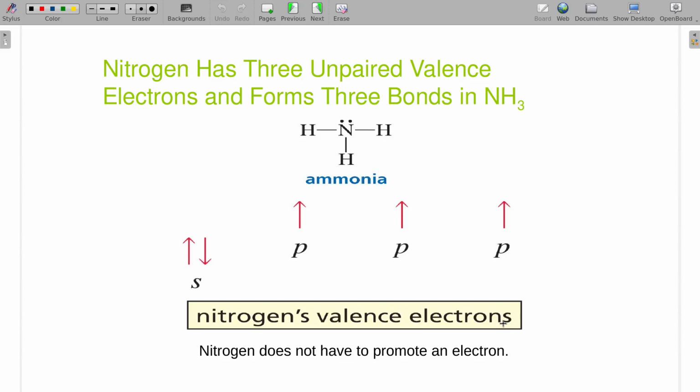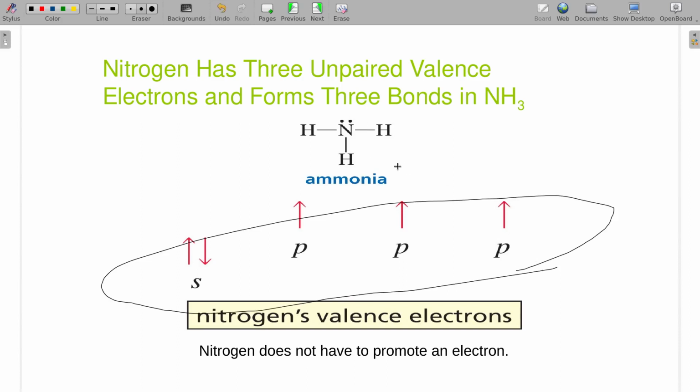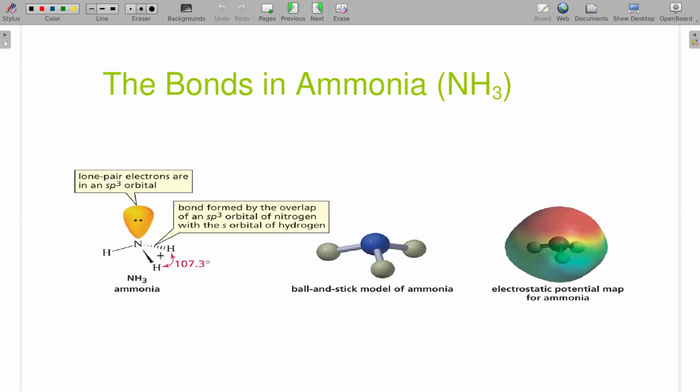All right, our next thing we're looking at is some of our heteroatoms and seeing how we can figure out their hybridization. Ammonia really isn't any different than a carbon in how we figure this out, because we really do just count our bonds. 1, 2, 3 things it's bonded to, and a pair. We need to overlap 4 things. We're going to overlap all 4 and make 4 sp3 orbitals. These are going to be sp3 hybridized.